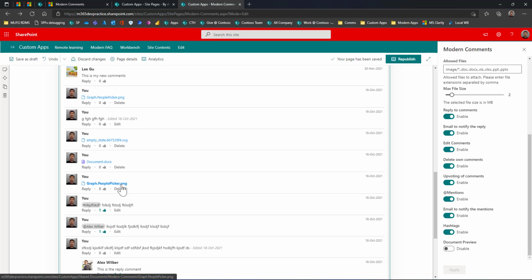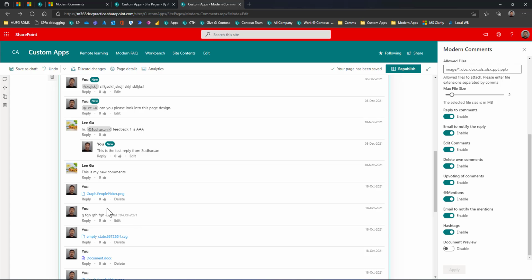So that is how you can minimize the page length. If you are showing the preview, it will be a long scroll for the page, but if you disable it, there will always be a link. The preview will be available only for supported video files, supported images, and Office documents. For PDF, there is no preview. Even though the preview is enabled, all unsupported documents will be displayed as a link.